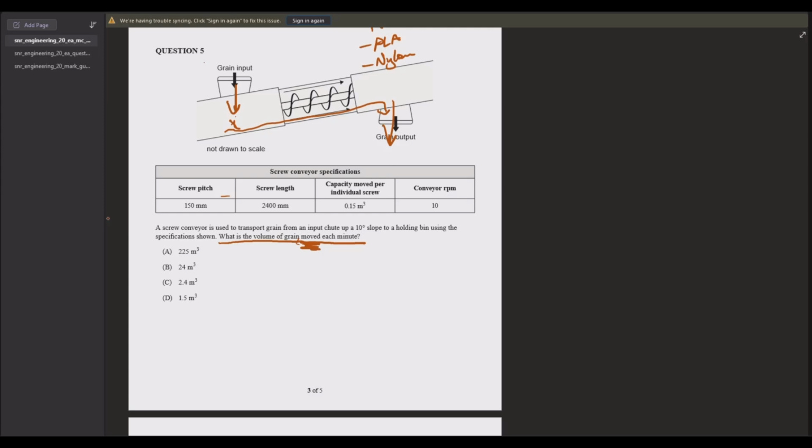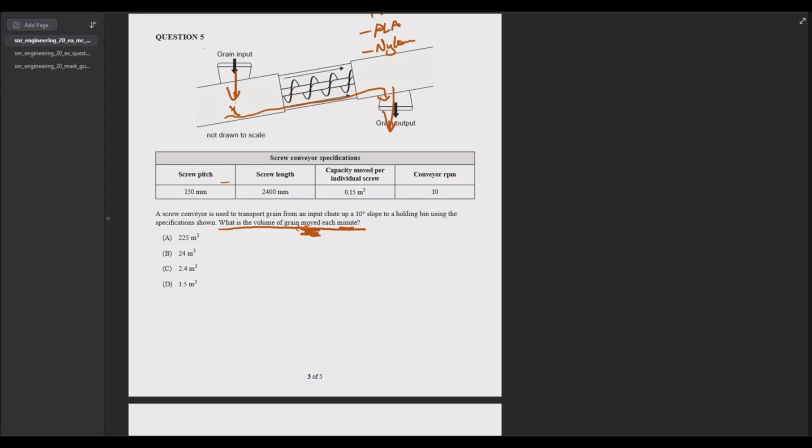We're working in minutes, and we've got RPM here, so we don't need to do any conversions there. If we know the screw length, the screw is this entire Archimedes screw that goes from about here to here, that's going to be 2.4 meters. So if we take 2.4 meters and divide that by the screw pitch, which is the length between those ridges there, that's going to tell us how many different little pockets we have for moving the grain. So if we do 2.4 divided by 0.15,